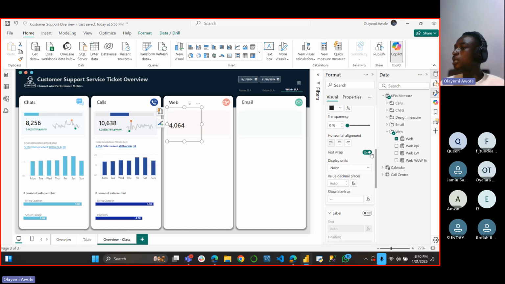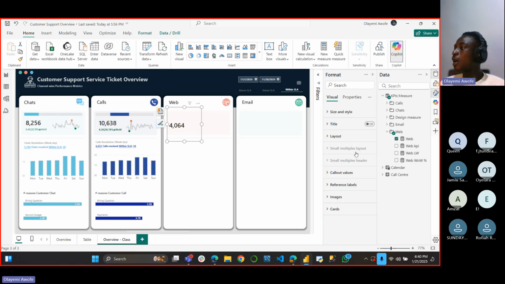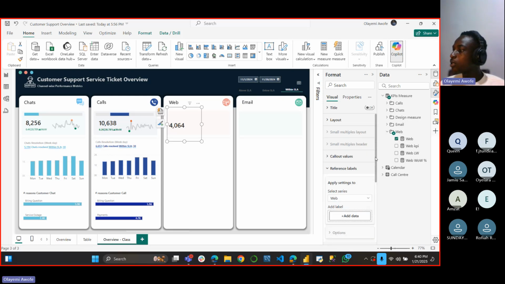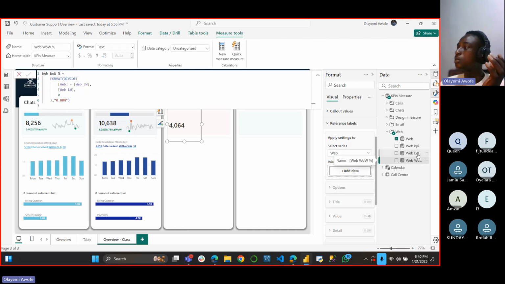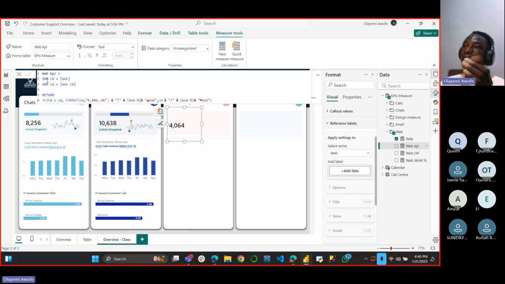So what next is that I'm going to add another data, which is going to be this data that is looking for the last week, the percentage growth. So this is the data that is backing it. Okay, I think this is it. So what is here is that I look for my last week, my current week. I make it using variables. Then it returns if the last week is greater than it return it to be like this